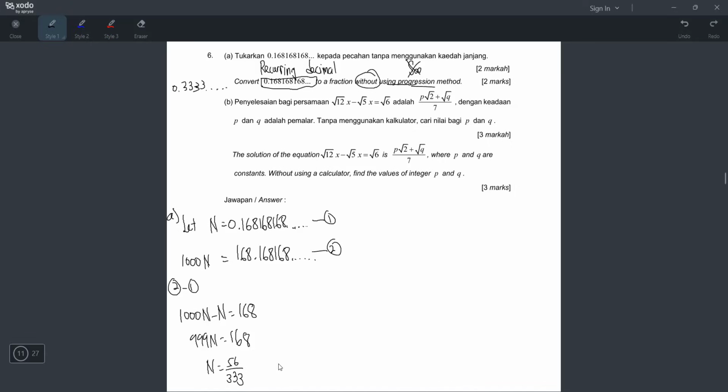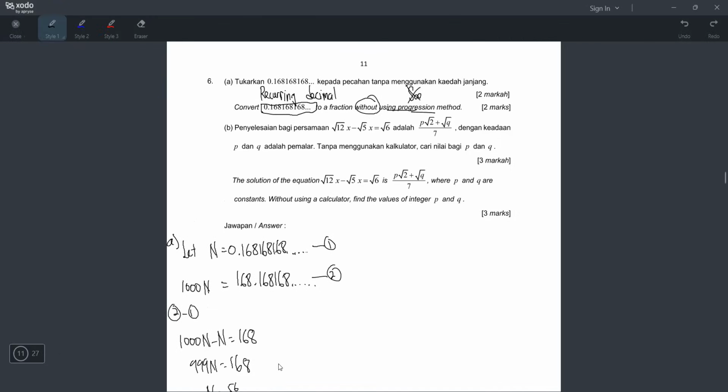Okay, the progression method, I will explain it quickly, right? Even though the question never says you cannot use progression, I'll explain a bit. Recurring decimal is like this. You change this to a geometric progression. So you will write like this: 0.168168168168. You will write it equal to 0.168 plus 0.000, because they repeat after 3 digits, so it will be